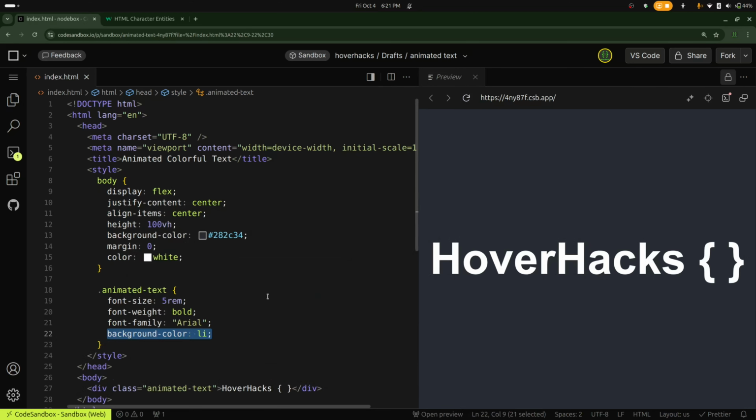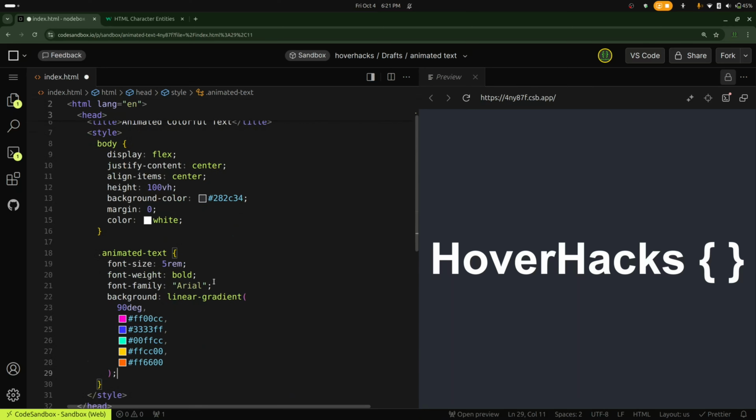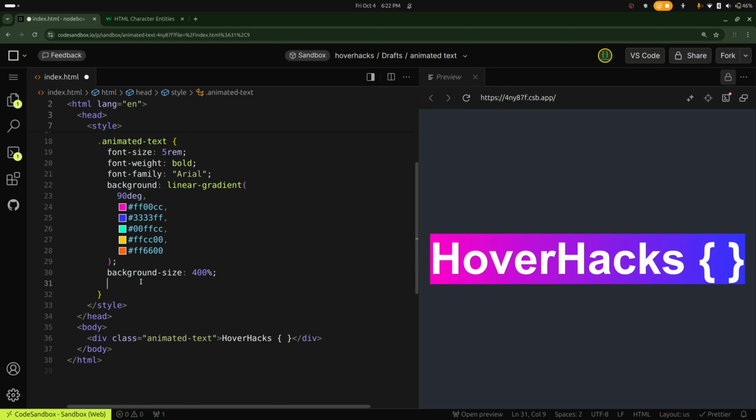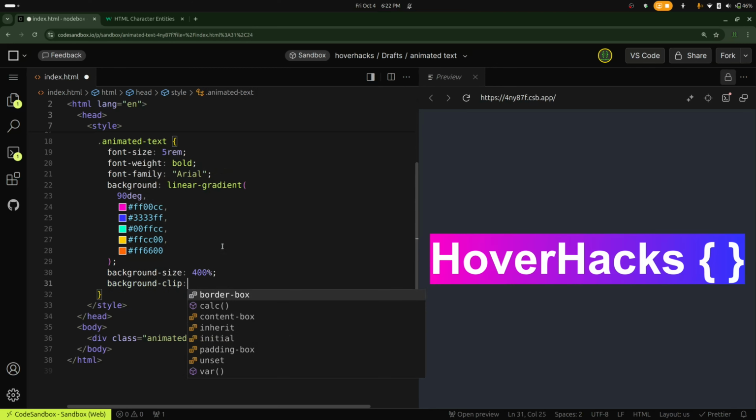So I'm giving a background color as a linear gradient to make the text look colorful. So I'm giving a background size of 400% so that it gets animated. So giving a background clip, clipping the background to the text. It will clip it